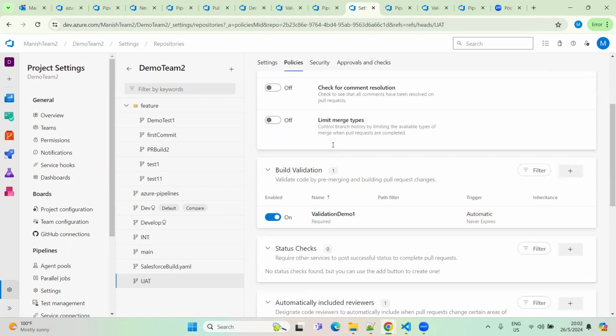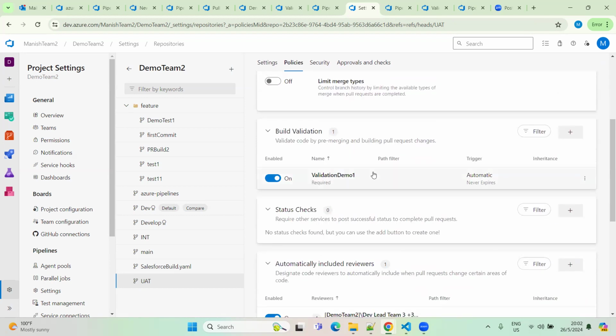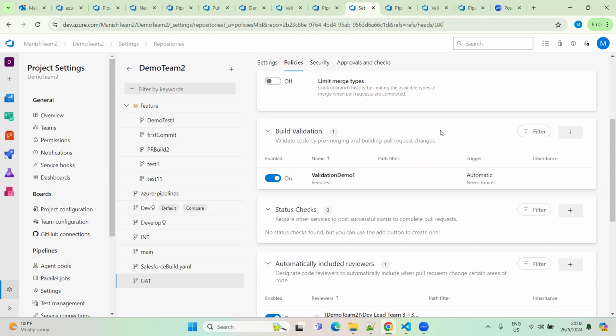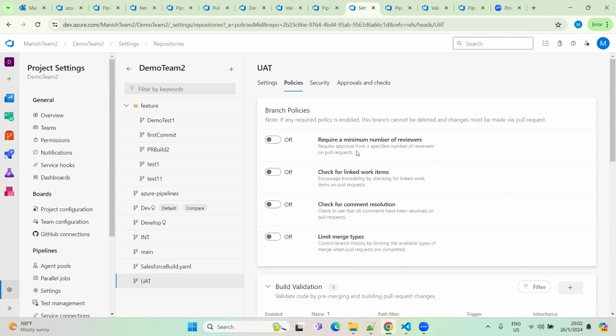Okay. So this is active for UAT only as of now. Now, if I want to achieve the same for dev, the same needs to be performed in dev. So once it is performed in dev, then what will happen? If someone raises a PR from, let's say, a feature branch to the dev branch, then that build pipeline will get triggered. If someone wants to raise a PR from feature to INT, it will not run because I have not done any